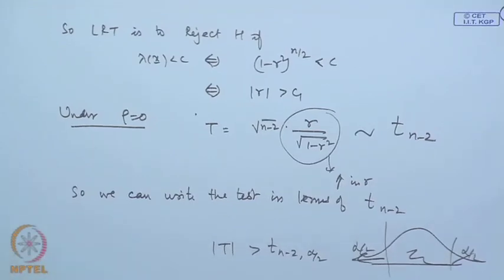So, you can see here also we are able to nicely get the likelihood ratio test for testing for independence in a bivariate normal population. I have discussed in detail the large sample test, this likelihood ratio test, which has a large sample optimality property, that is the asymptotic distribution is chi square, and I have derived the exact distributions for testing problems in the normal populations, and also some examples in binomial or exponential distributions have been worked out.